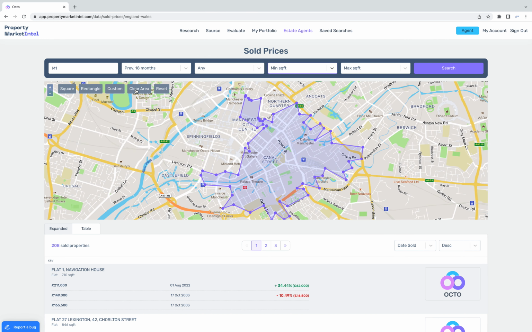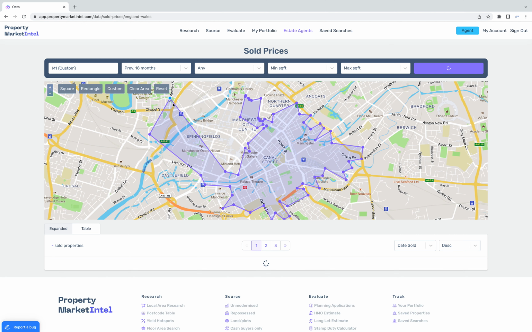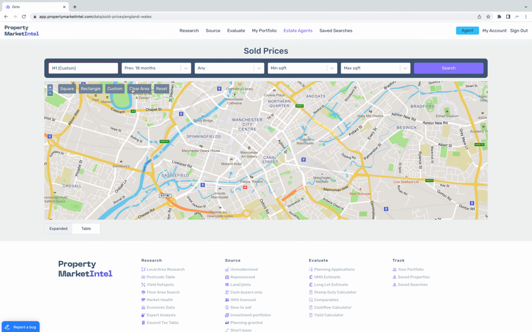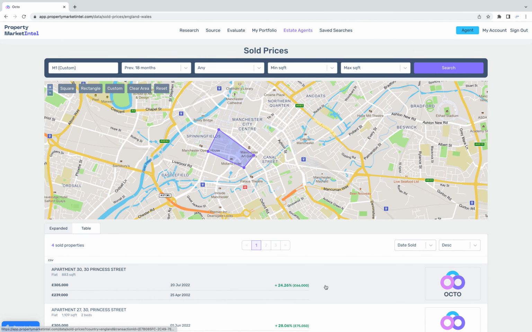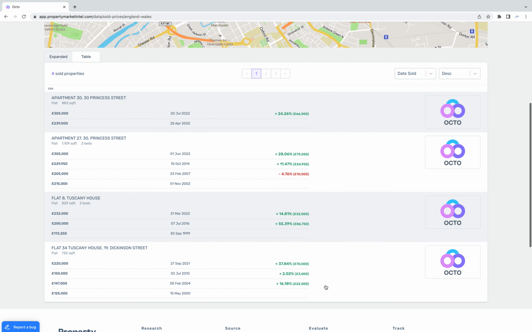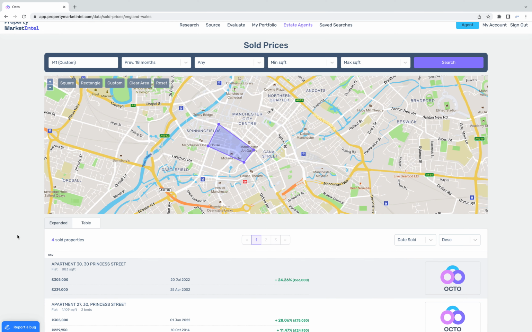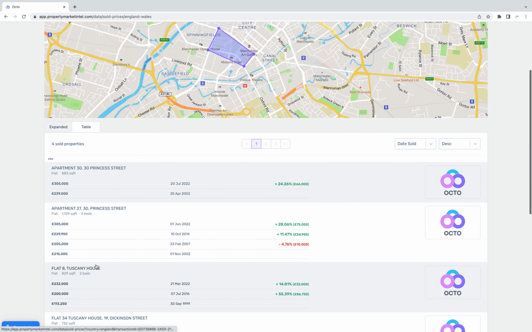If you want to further customize that, you can either drag out these wee dots like so, or you can clear the area and draw your own custom area like so, and it will show the properties in that area within what you've highlighted. Now there's two ways in which you can view the sold prices. You can view in this expanded